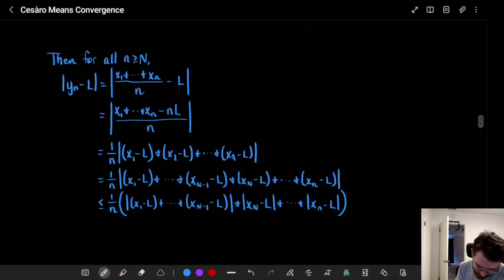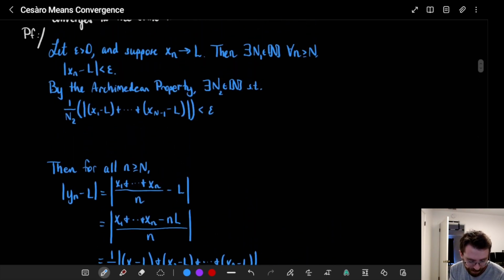So anywhere there's a capital N down here, I'm going to replace it with n sub 1. Starting to see the ugly details, perhaps, that I referenced at the start. Okay, so we have this,